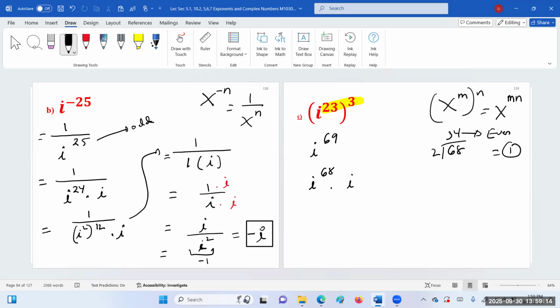If this is odd, then the answer will be -1. So you have i squared 34 times and i. 34 means it's even, so you'll get 1 back, not -1. So this is 1, 1, and i. So the answer is